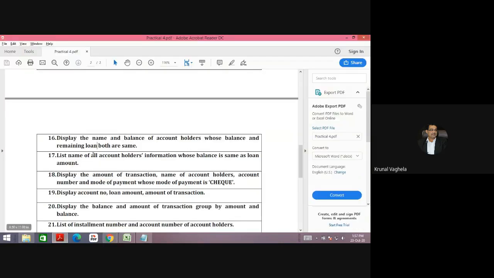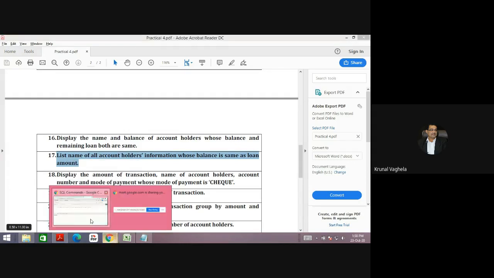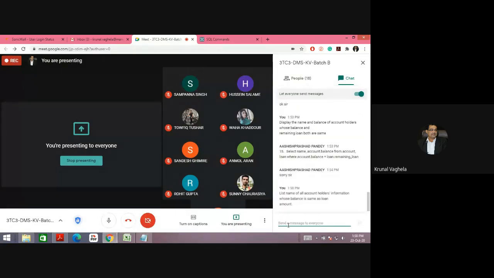So just follow the steps: what is asked, from how many tables I will get the data, is there anything common between the tables, then perform the join operation. Now same query, now you must try this. Try this.